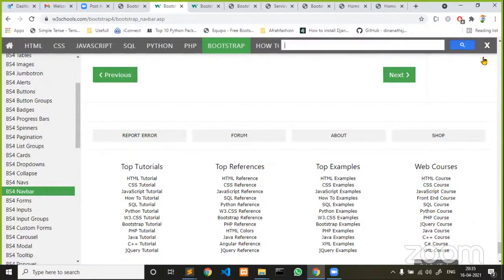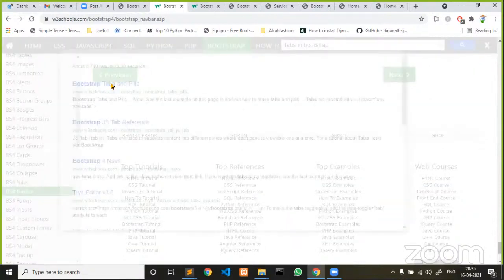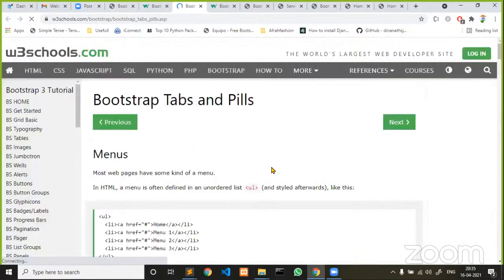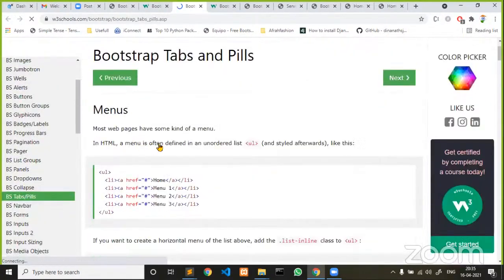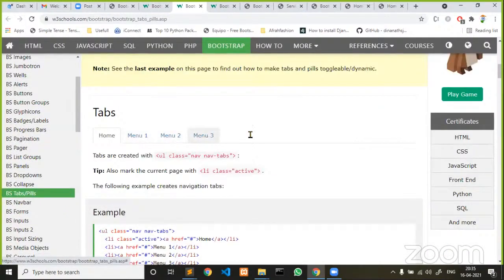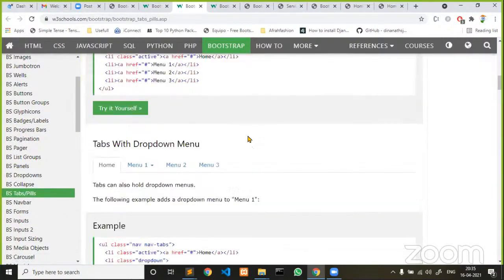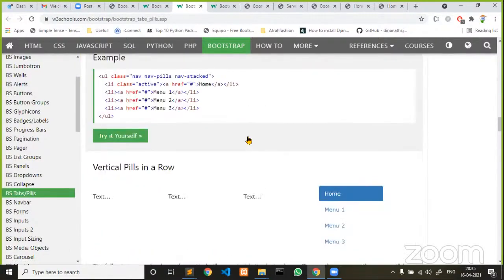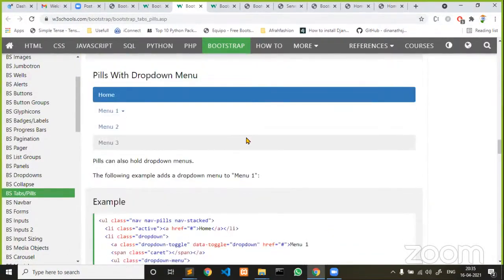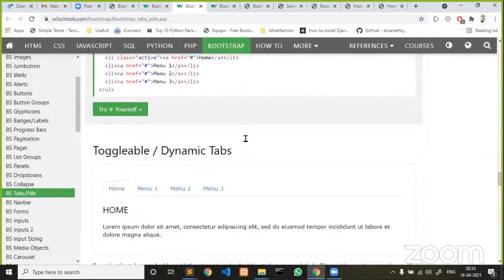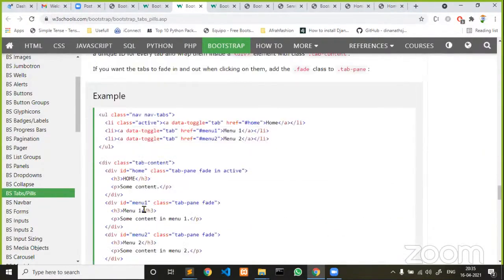We search here for tabs. Yeah, Bootstrap tabs and pills. Yes, this kind of tabs, if you want to implement them in your project, to fill with the content. Tabs with content, I wanted to check. I have used tabs with content in many places. If you click,